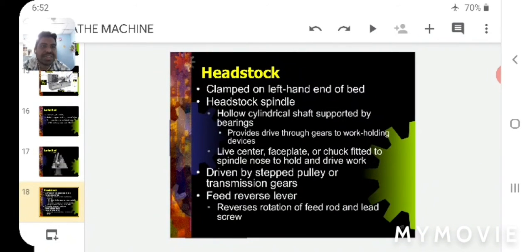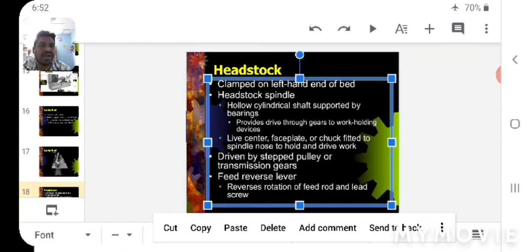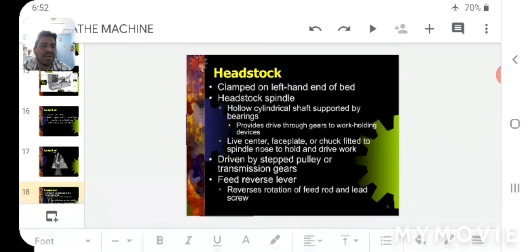Next, the headstock. It is clamped on the left hand end of the bed. The headstock spindle is a hollow cylindrical shaft supported by bearings, which provides drive to work holding devices. It is also known as the live center, whereas the dead center is the tailstock. A face plate or chuck is fitted to the spindle nose to hold the driven work.